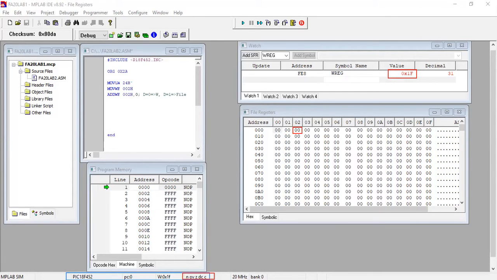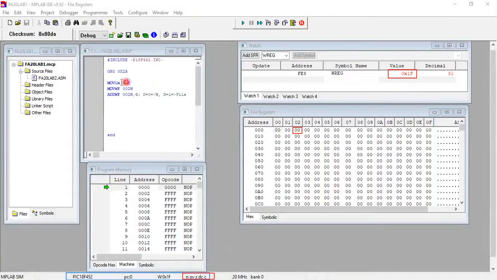And if you remember, we're going to see also this working register. Let me show with my cursor. This is our status register. This is our working register. This is our file register location, in which we are going to observe the result, right?